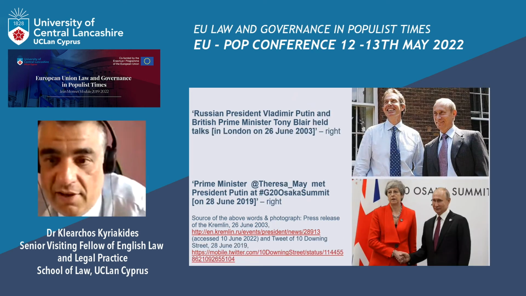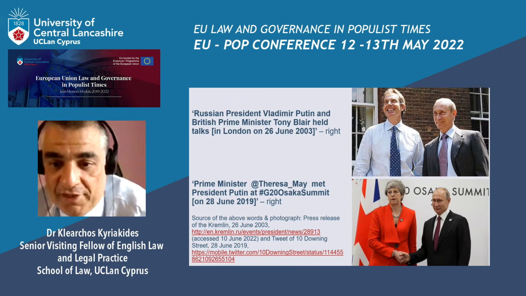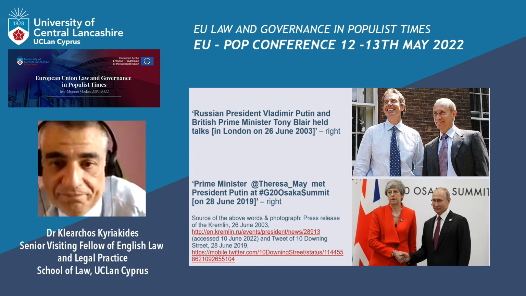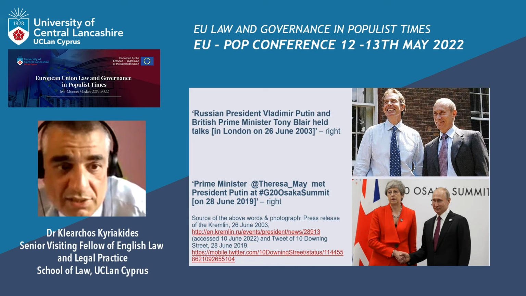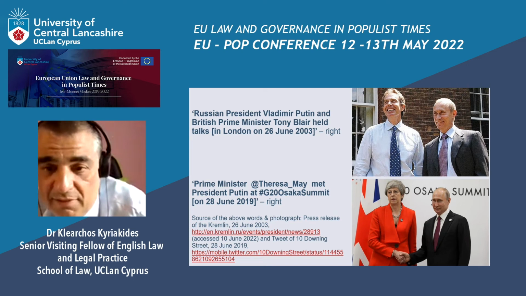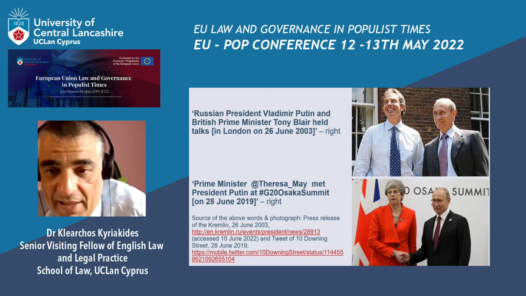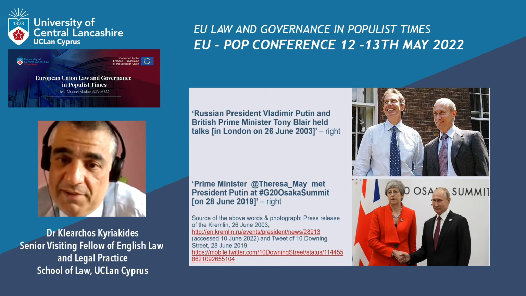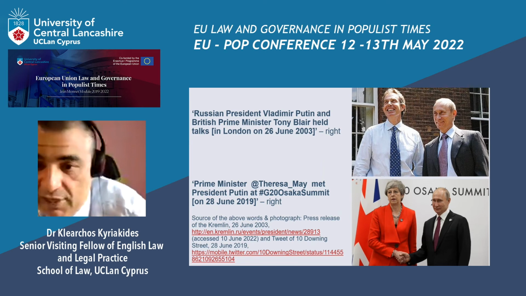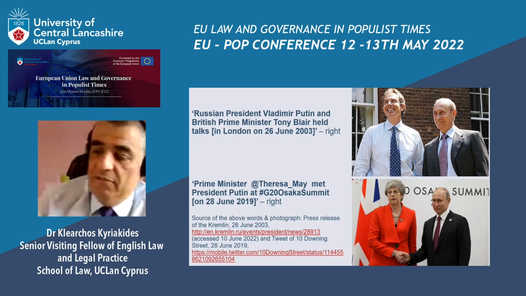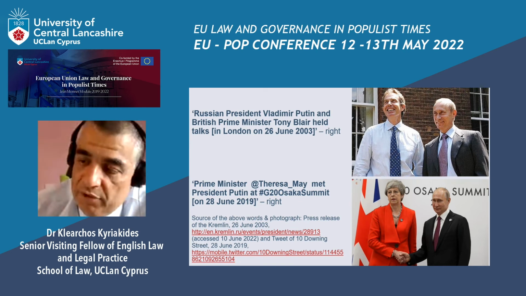What I've done on this next slide is show you the souring of the relationship through the face of Theresa May when she was Prime Minister. So that's a photograph taken in Japan at the G20 summit on the 28th of June 2019, and Mrs. May, the then Prime Minister, did everything she could not to smile, as if to show her dissatisfaction with Russia for various different reasons. So the relationship with Russia began to break down well before the invasion or reinvasion of Ukraine on the 24th of February